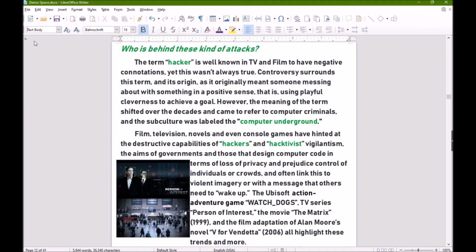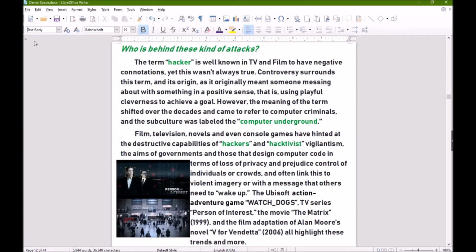Film, television, novels, and even console games have hinted at the destructive capabilities of hackers and hacktivist vigilantism, the aims of governments and those that design computer code in terms of loss of privacy and prejudiced control of individuals or crowds, and often link this to violent imagery or with a message that others need to wake up about the dangers of computers.